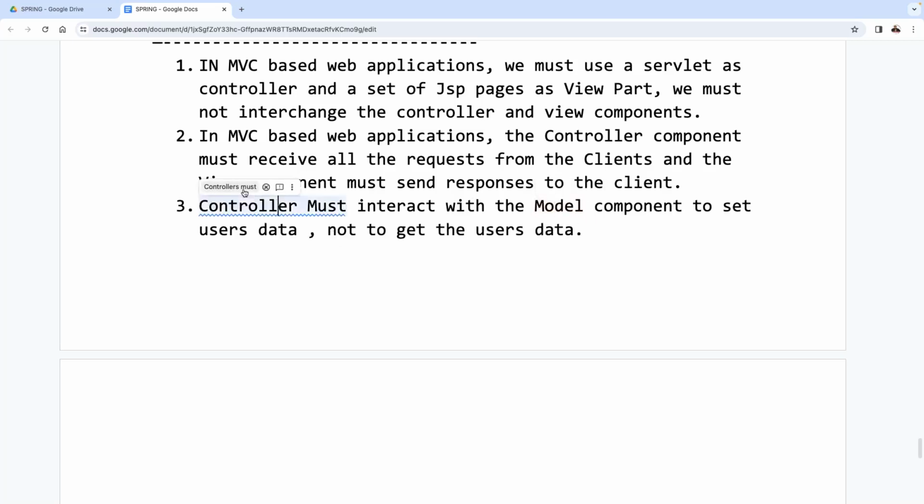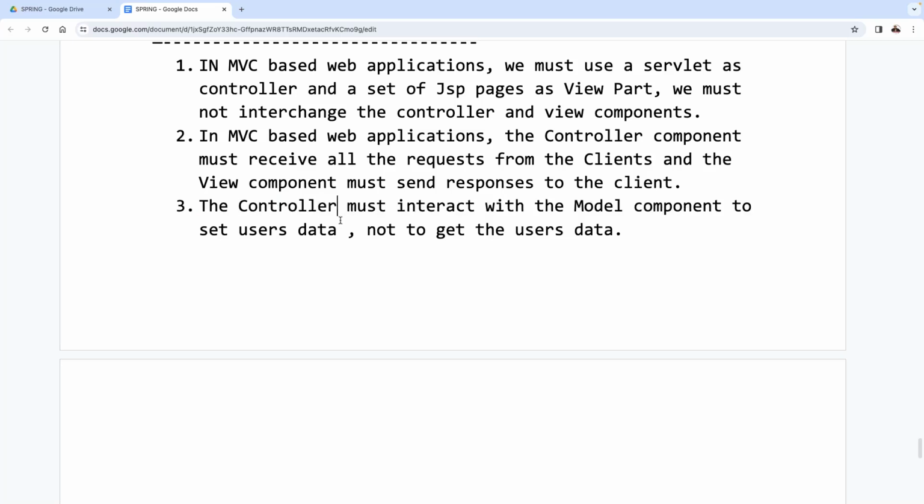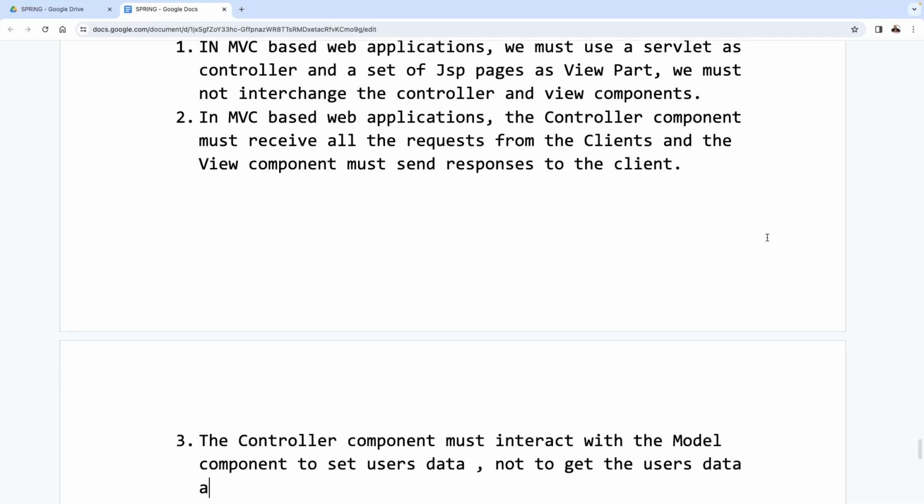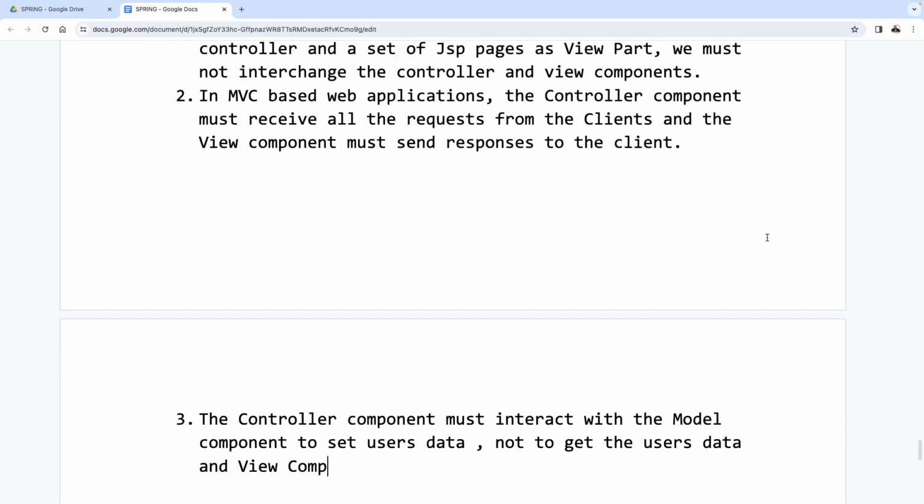The controller component must interact with the model component to set users data, not to get users data. That's one point here. Next one is, and view components